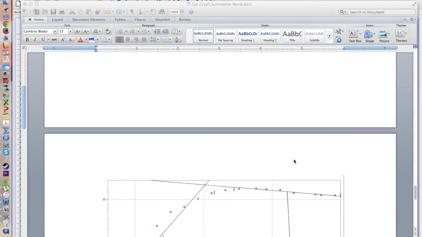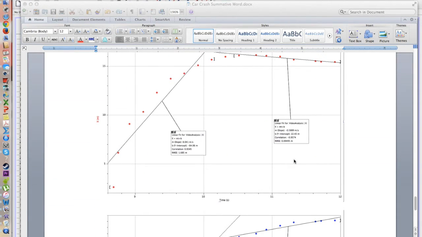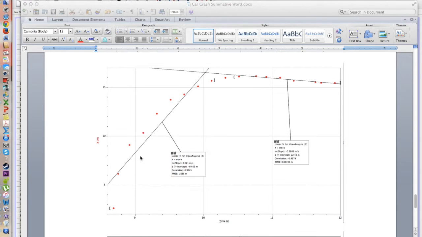So going to this part, the car collided just before the 10th point. So after the 9th point, I had a collision, and the collision we do not include the point because it may mess up our results. So from this, for the first to the 9th point, we take the slope, which is the velocity, which is equal to 8.041 meters per second, and for the next points, the final velocity, we get negative